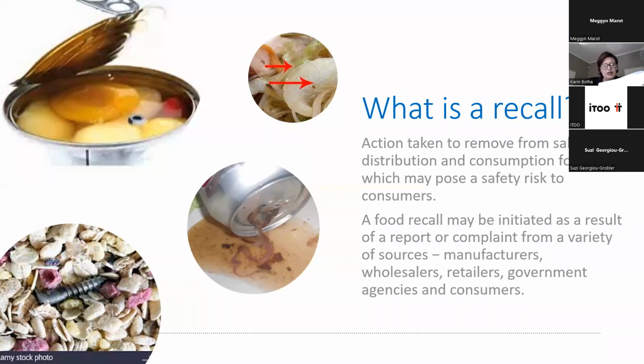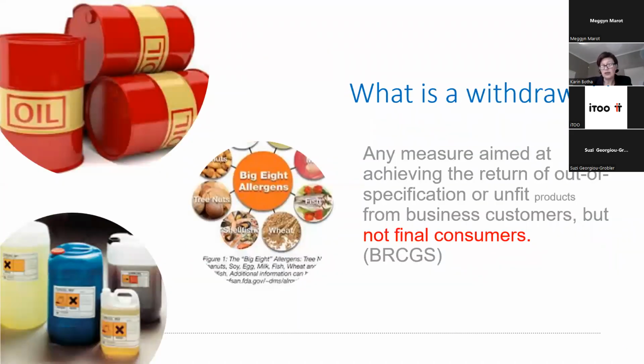So you need to make sure a recall really is where you remove the product. Everything is already in the market. You've got stuff on the shelves, you've got stuff in the DC, you've got food everywhere, and now you have to try and get all of that back and make sure that you have control over that unsafe product. The difference with a withdrawal, if you go to the next one, thank you,